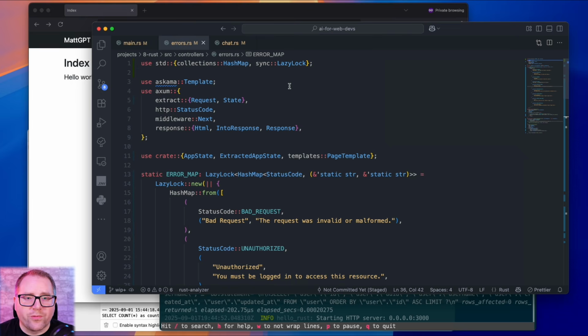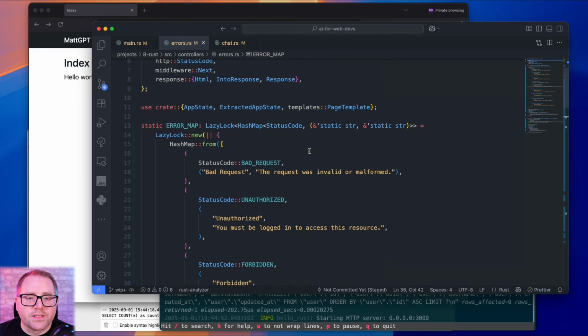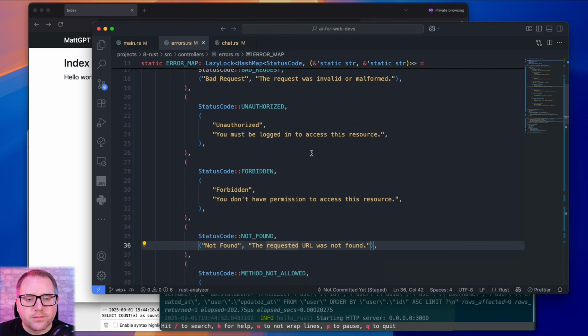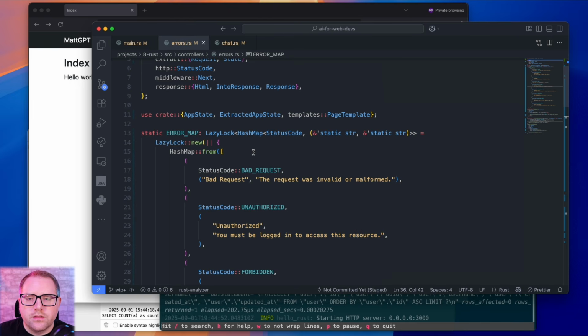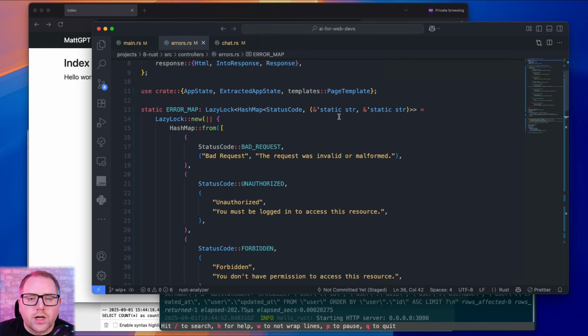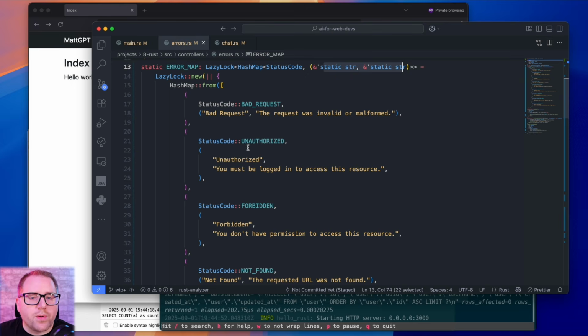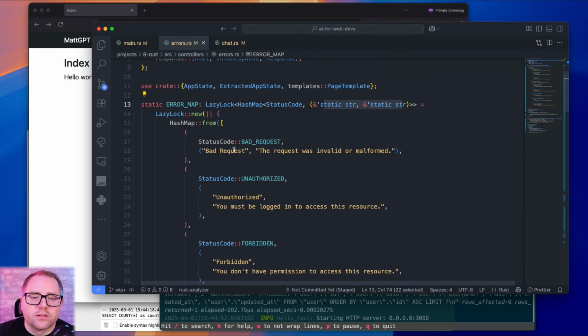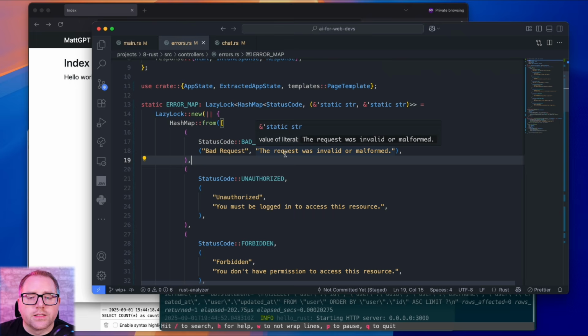So as I had mentioned before, the error handling previously was just one or two things, 500 error, 404. What we've gone and done is actually beefed it up so that we're more comprehensive. So it's a little bit different. We've still got our status code and we've still got a title and body. So that's what this is saying. And then we're going to create a hash map. So given a status code, you can look up the body and the title.